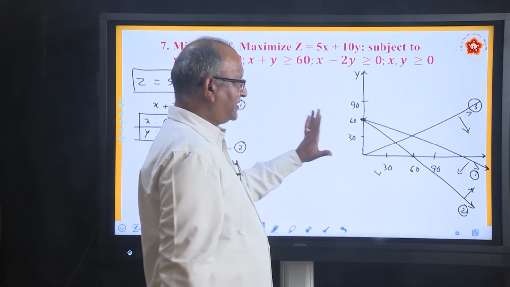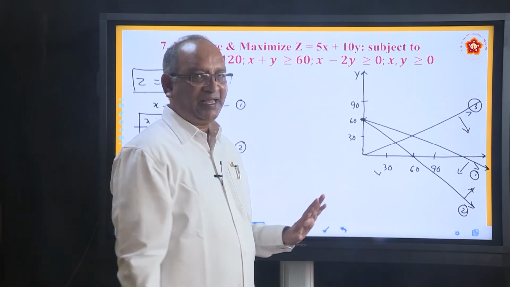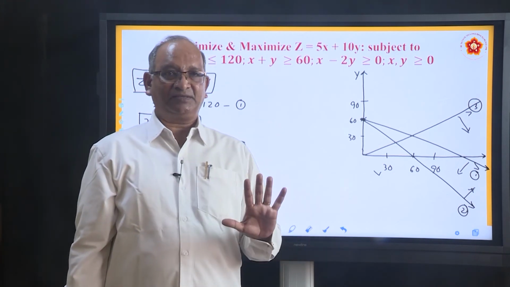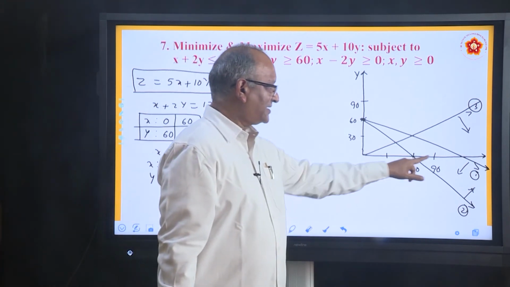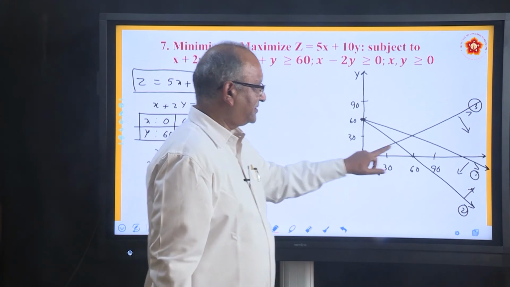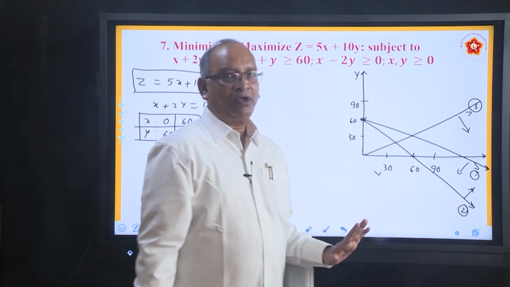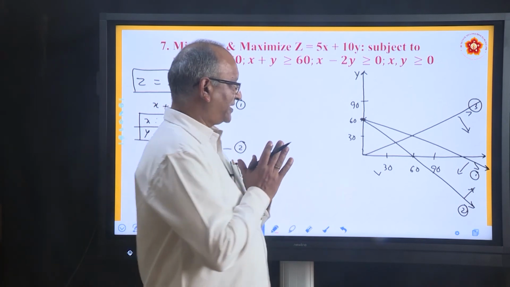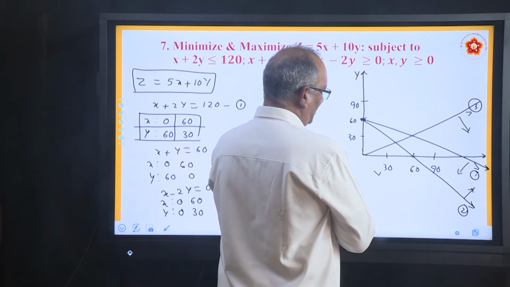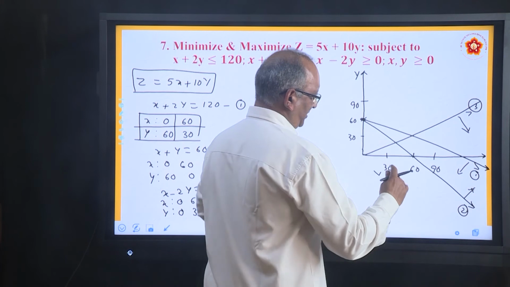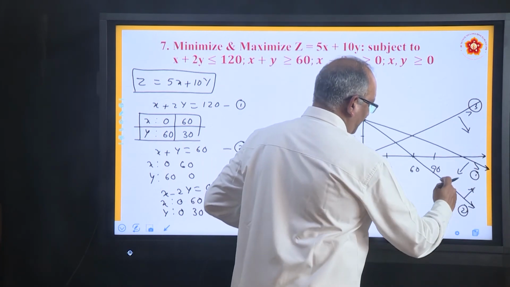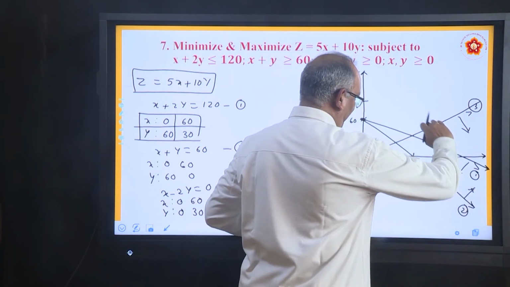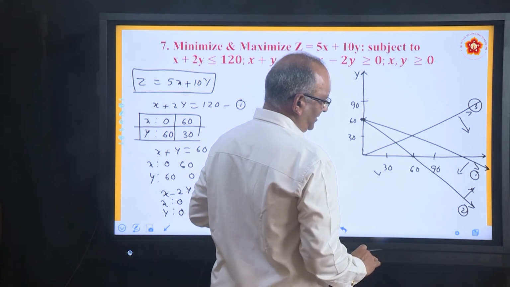Now find out what is the common area. How many lines total? 5 lines. What are they? One is x-axis, another is y-axis, then 1, 2, 3. Whatever is common between all of them we have to take into consideration. So what is common? And the shading part you have to see. You have to take below this, above this, below this. So what is the common area?